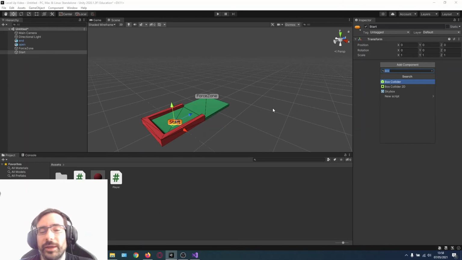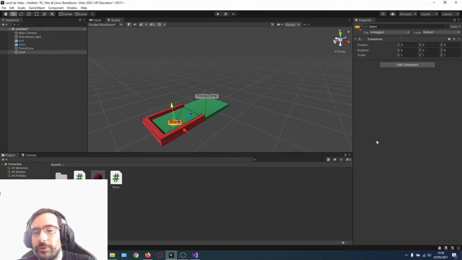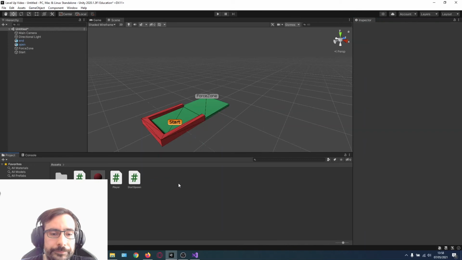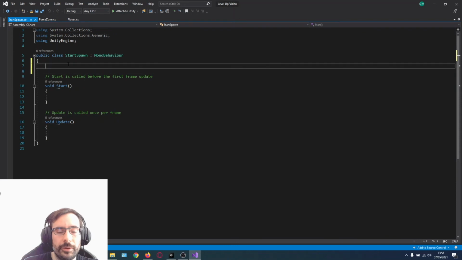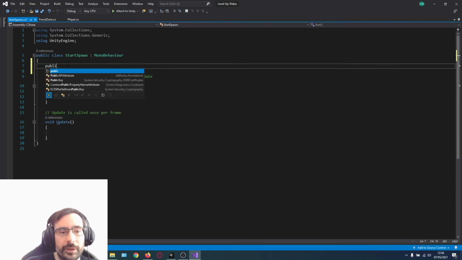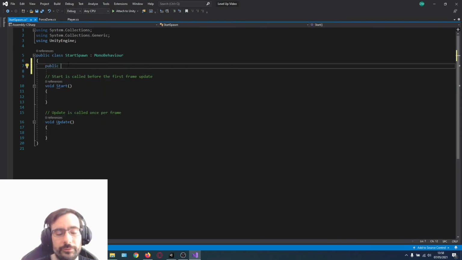So again, making it easy for anyone to go ahead and create some really interesting levels, this is where the ball will start, or your player will start. So I'm going to call this StartSpawn, and just quickly create that script, and let's open that as well. And what we want to add is one public GameObject variable. So it's going to be a public GameObject, and this is going to be called